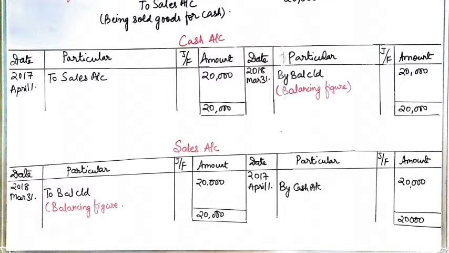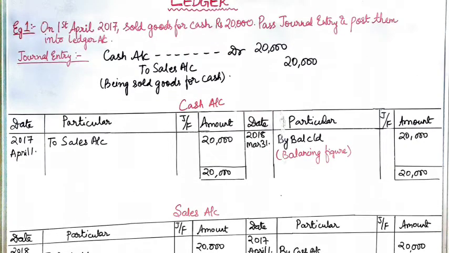So remember one thing, when we open the cash account, we will never record cash in its own account. So the remaining aspect, as the transaction goes cash to sales, the sales account will be recorded in the cash account. Sales is credit, so we will record it on the to side, to sales account 20,000, and since the debit side is vacant, we'll balance it up by balance c/d 20,000. This is your balancing figure.